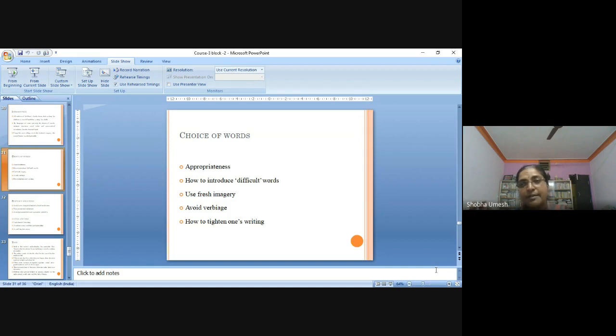Certain words, see, when we narrate a particular incident to all the age groups, we're not going to convey the subject in the same way as I talk to my elders or to my age group or to my professor or to the younger ones. So even my language undergoes changes. So in that way, always we have to keep in mind that the appropriateness of the term should be used. How to introduce difficult words?